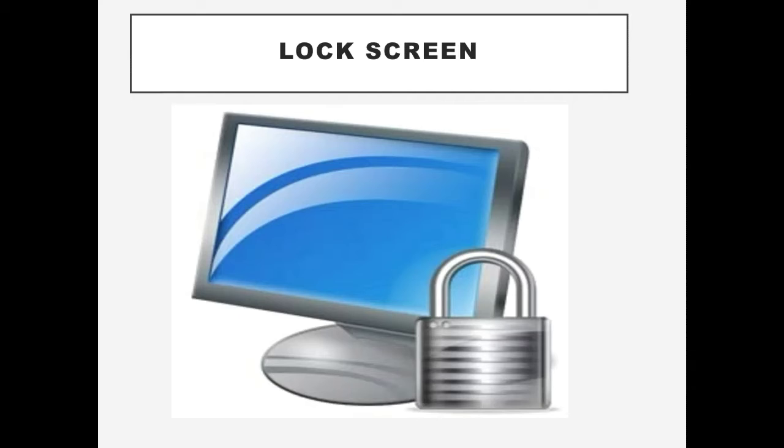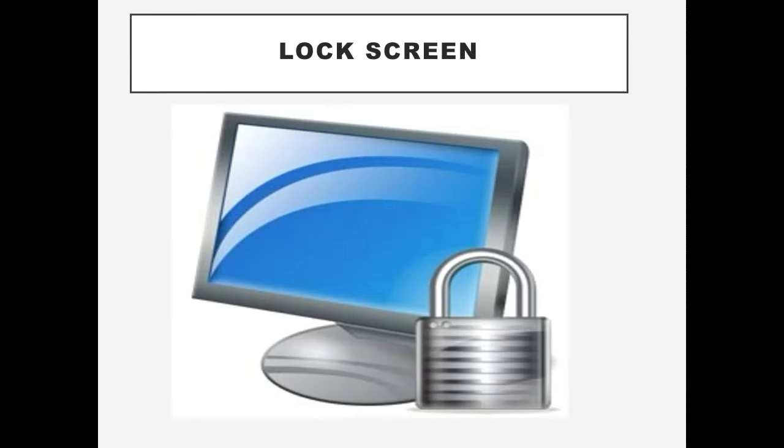Lock screen. In general, a lock screen is an interface on a computer, smartphone, or tablet that appears upon startup. Access to all of the device's applications is limited when it is locked, preventing unwanted users from accessing the data of the device.